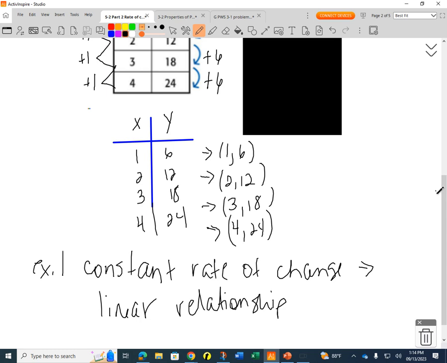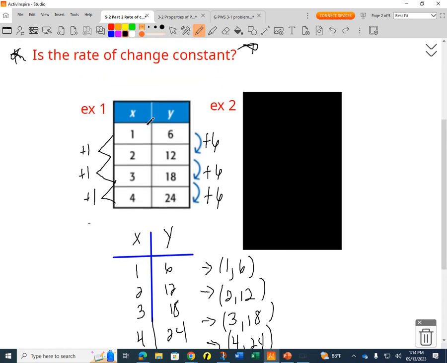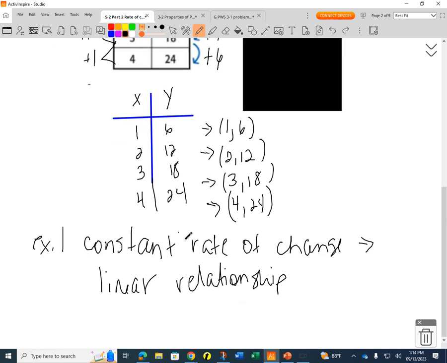And if there's a linear relationship, then I can find the slope based on this table as well. We're not going to do that yet. Because the x's change by the same amount and the y's change by the same amount, we say that there's a constant change. So the word same and constant